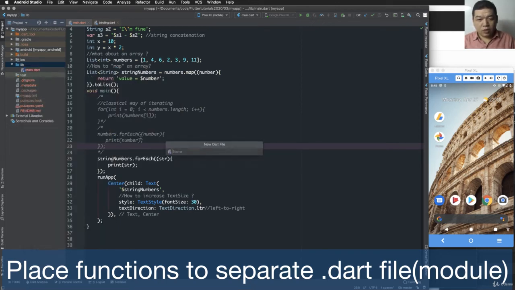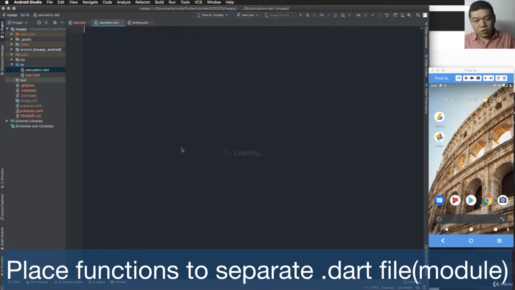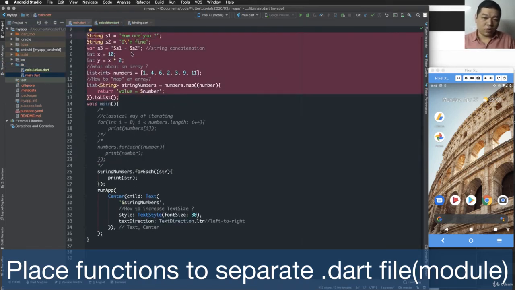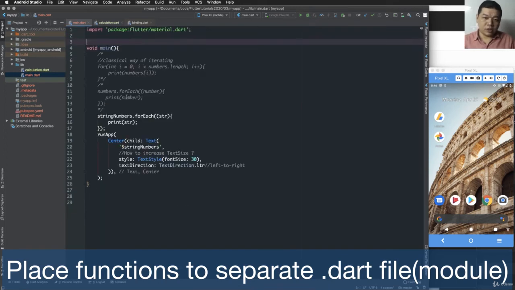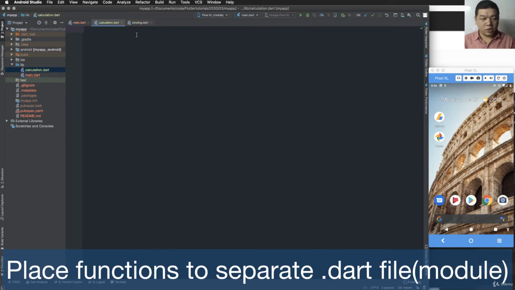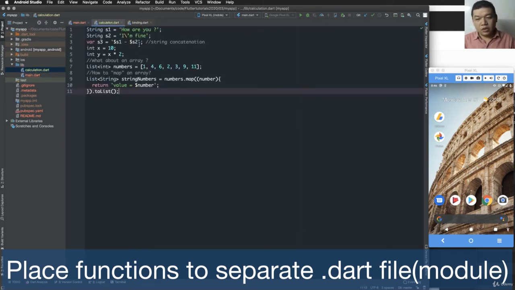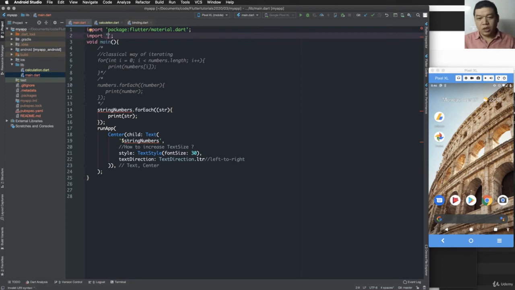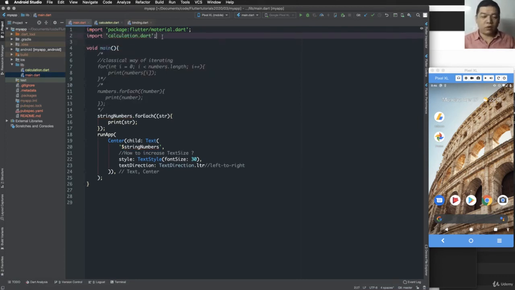Dart file, and I use a name like calculation. So calculation here is a module, or a Dart file, and you can add more functions and variables inside this file. So you cut the property, you cut the function and paste it in here. So the file can contain multiple lines of code, multiple functions, variables, etc. And we import the calculation from the main